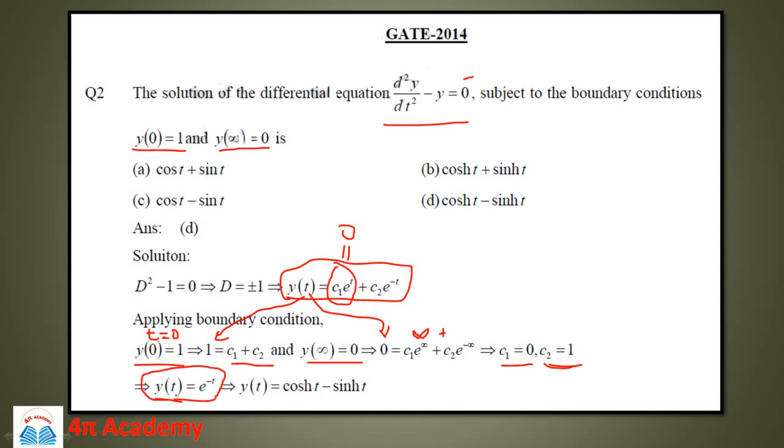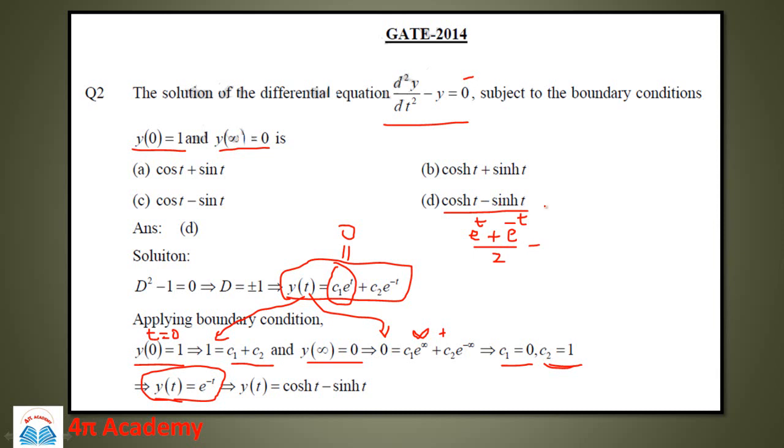Now if you look at the options, there is no such option present in the solution. So you have to see which option is correct by converting it into this form. Let us take for example option D, which is cosh t. You know what cosh t is, the hyperbolic cosine. Its value is e raised to power t plus e raised to power minus t, divided by 2,